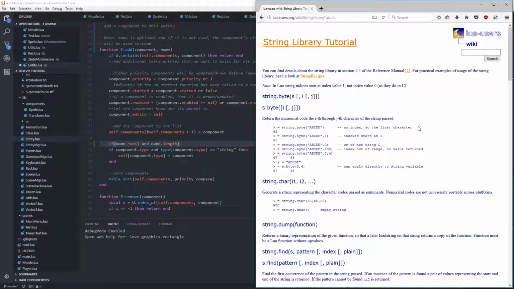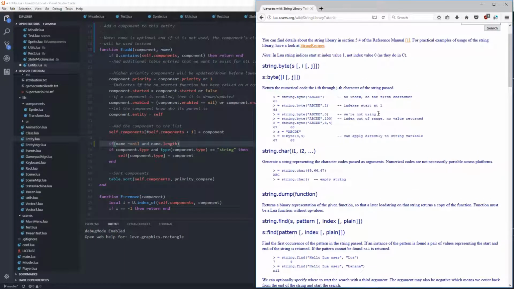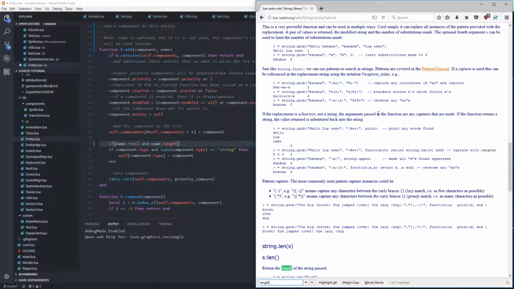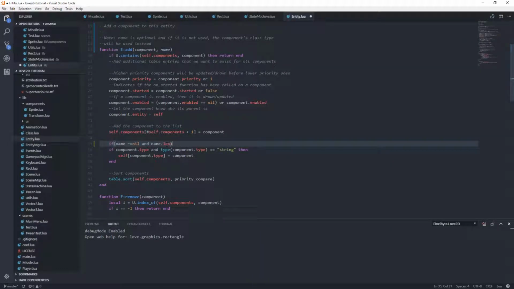Go here. Yeah, I thought it was length. I thought I saw it. Yeah, len. Okay, so it's len, and it's greater than 0. So if there's actually a string in there, then let's do another check: type of name equals string. There we go. So if the name isn't nil, the type of name is string, and the name's length is greater than 0,